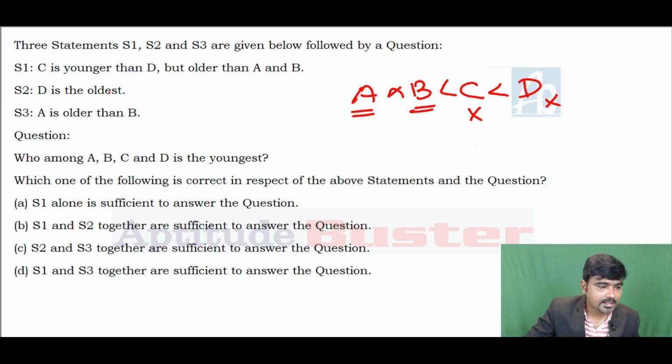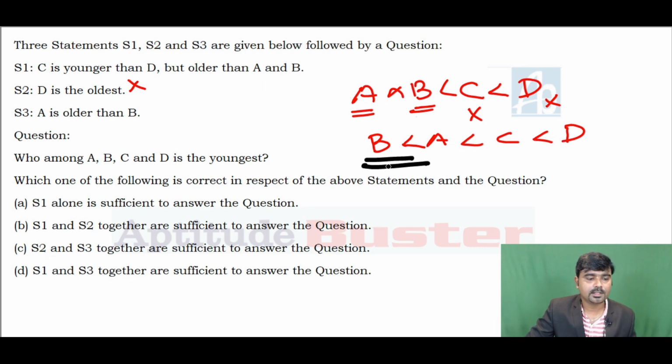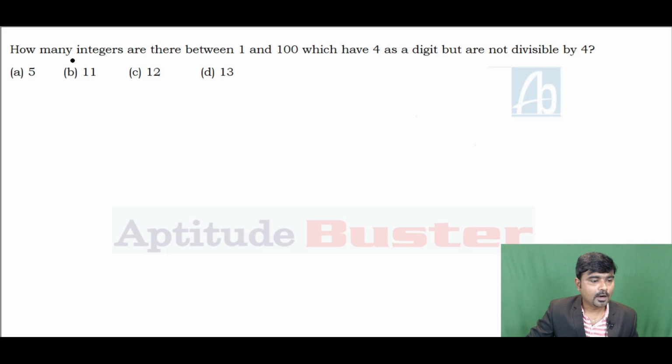Read the second statement, D is the oldest. This is not sufficient. Read the third statement, A is older than B. So B, A, C, D. The order is correct. Okay, here who is the youngest? B is the youngest using first statement and third statement. Answer is S1 and S3 together are sufficient to say the answer for this question. Answer is D. How many integers are there between 1 and 100 which have 4 as a digit but not